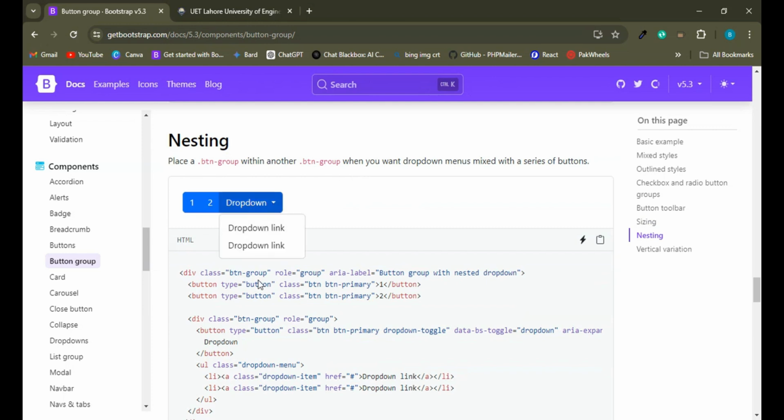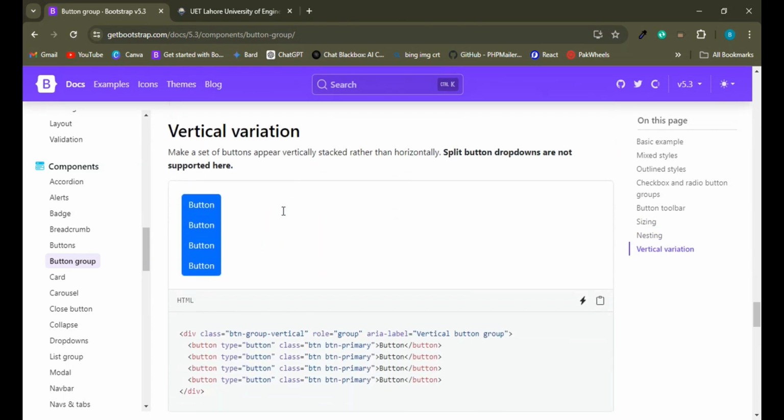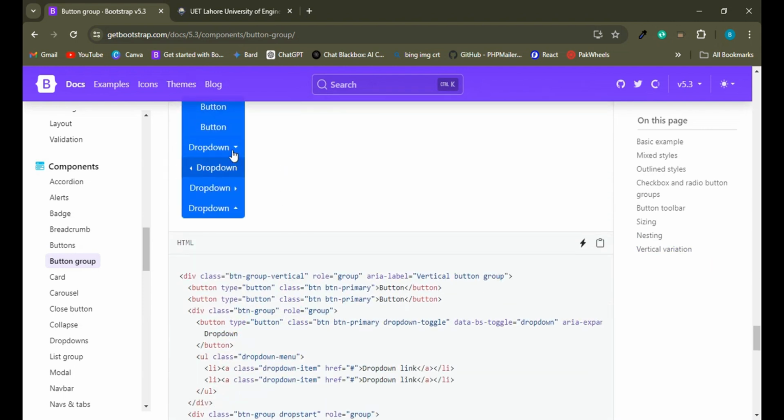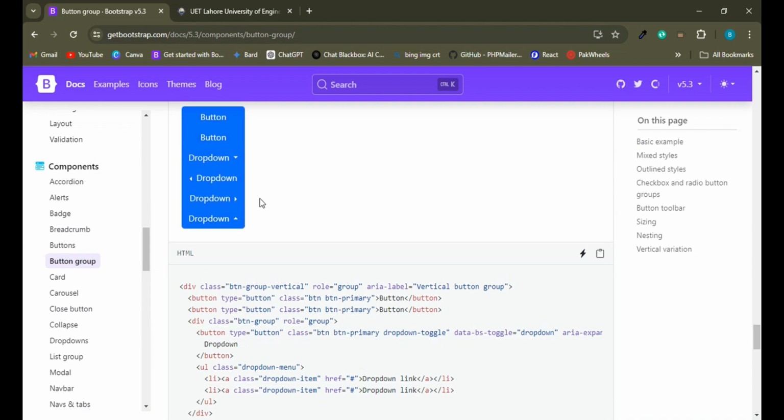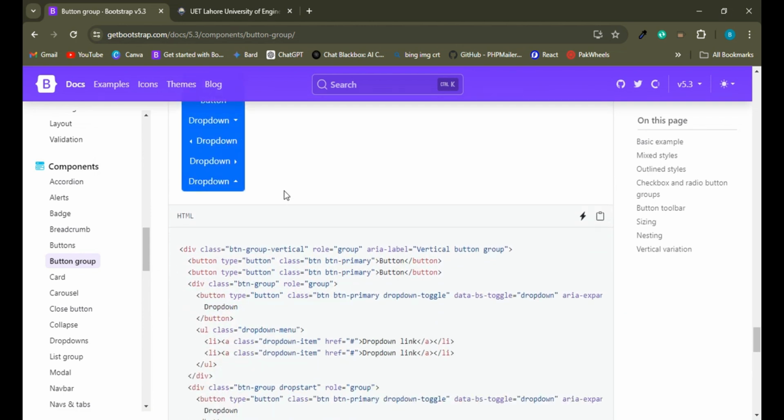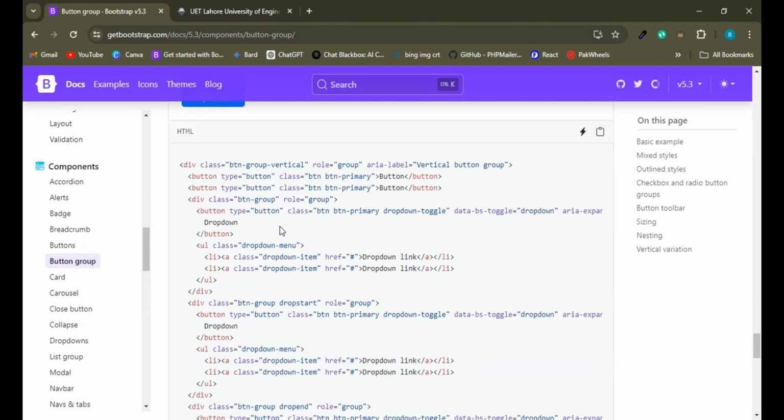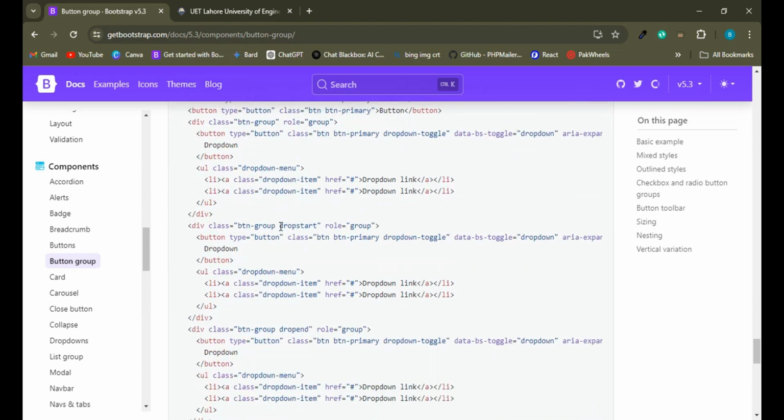This is drop down along with the buttons. This is totally a separate drop down. This is drop down, and this is drop left, this is drop right, and this is drop up. Okay, if you need any type of drop down menus, drop left, right, top or bottom,